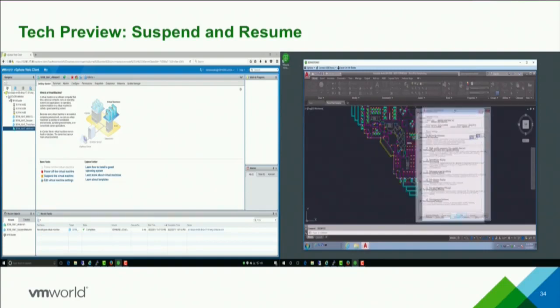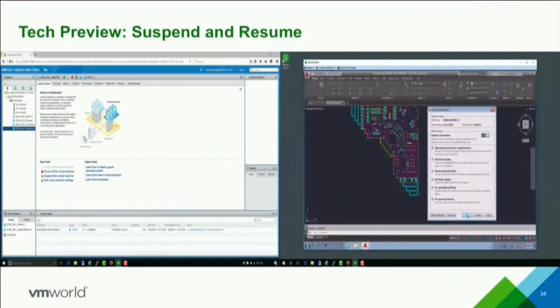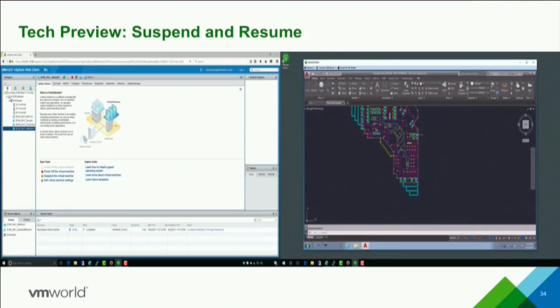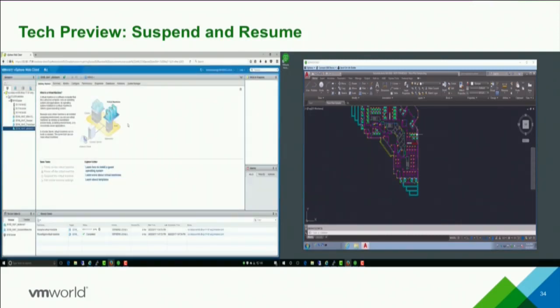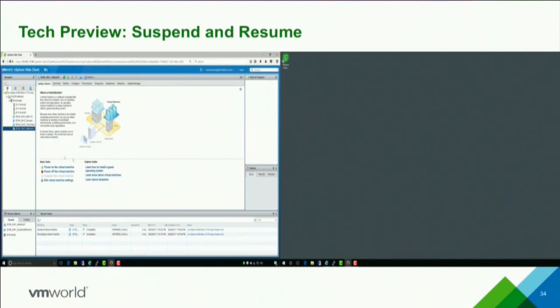The IT admin on the left side wants to make sure that the hardware resources are leveraged for other purposes in the night. So he can quickly go into those VMs, right click on it, and suspend that particular VM. Once he suspends the VM, those resources are now freed up, and he can deploy them for other tasks. The IT admin also has the opportunity, if he wants to migrate that VM to a different server, to do so in the same workflow.